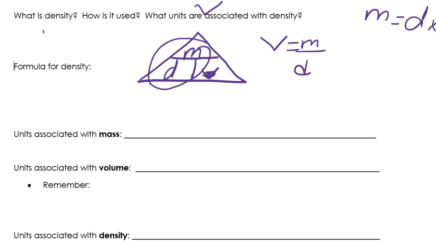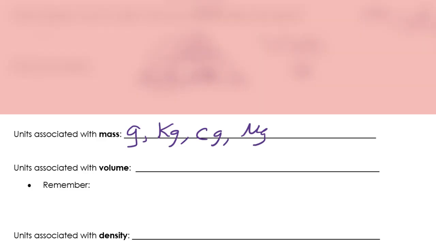Now, here's the other part that you need to know. What units are associated with mass? We have things like grams, kilograms, centigrams, micrograms. Anything with a gram, okay, is associated with your mass. Volume, on the other hand, are things like milliliters, deciliters, liters,